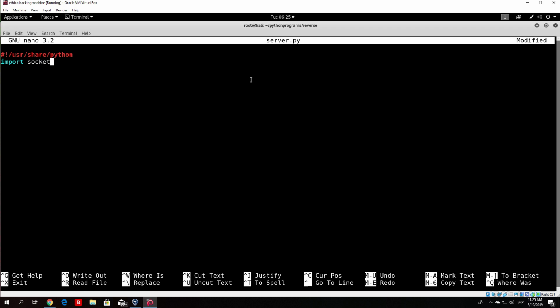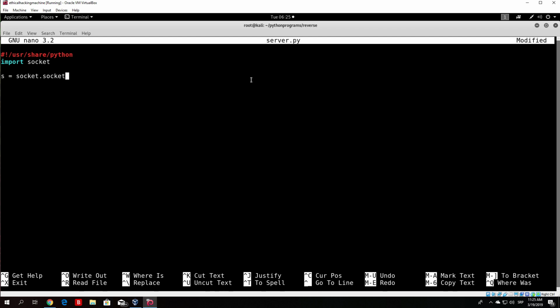Right now, we will create a simple connection with our server. So let us do that. First of all, we have to declare our socket. Our socket will be IPv4 and it will run over TCP. Now the function that specifies that is written like this. So we will type here s equals